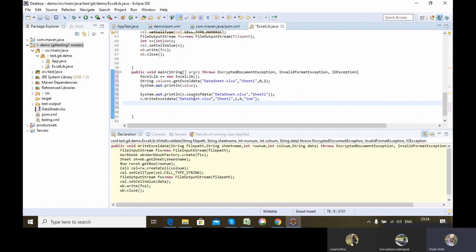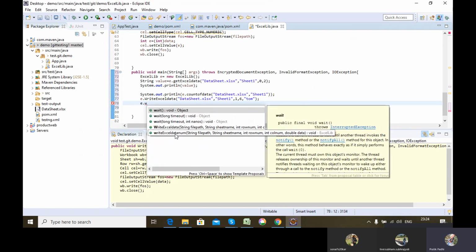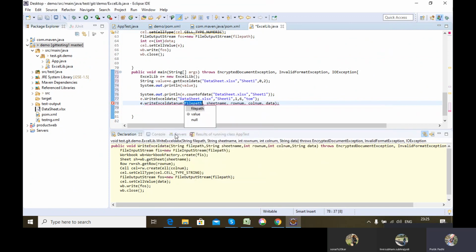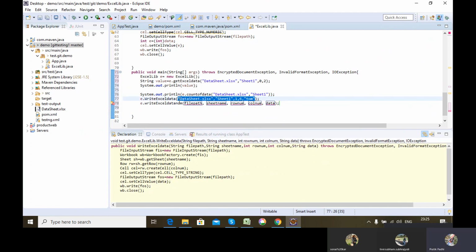Now this is done. Now I will be using write Excel data num. Everything will be the same, only the data will be different.